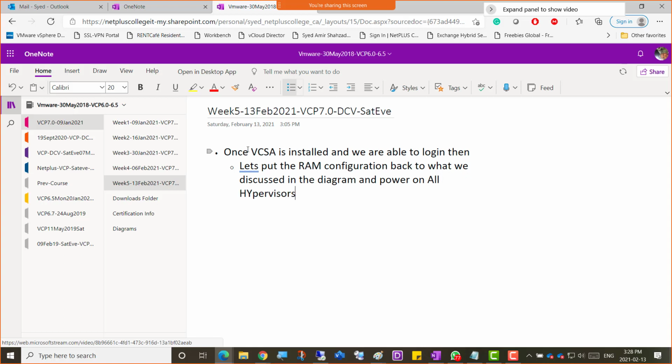Normally we call them hosts, so hypervisors. I'll just put the name host. Whenever I say host, I still mean hypervisor. Other than that, once powered back on,